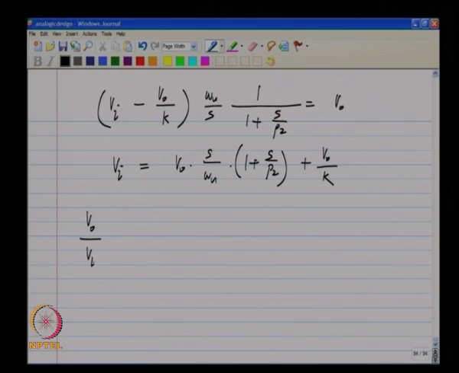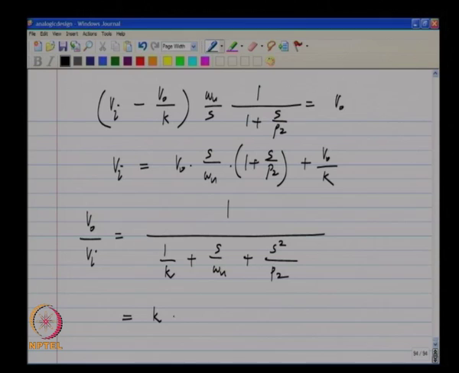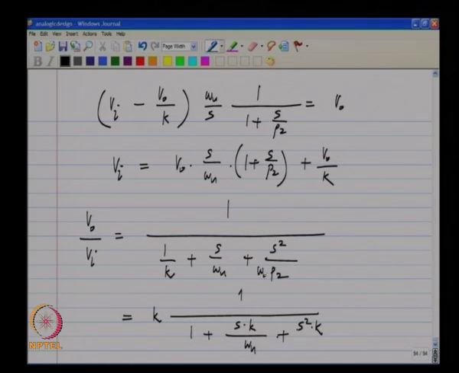So, V naught by V I turns out to be 1 by 1 over k plus s by omega u plus s square by P 2, which can be rewritten by pulling k outside. S square k by omega u times P 2. Okay. So, I have removed k outside because that is the ideal gain of the amplifier, and we see that